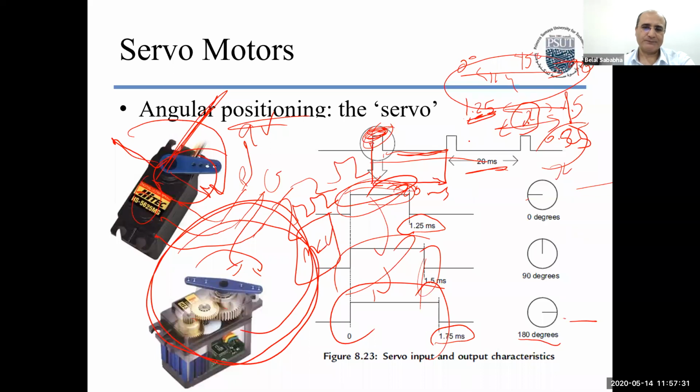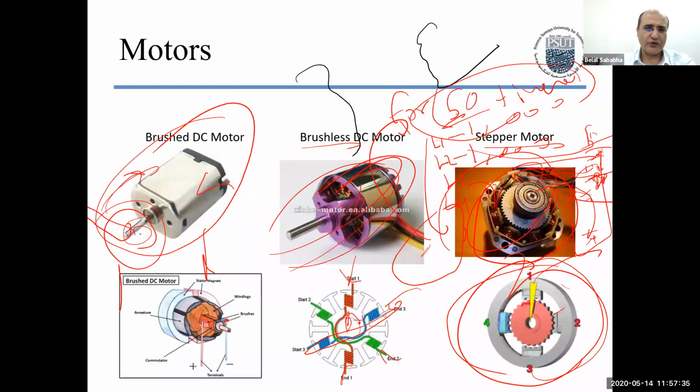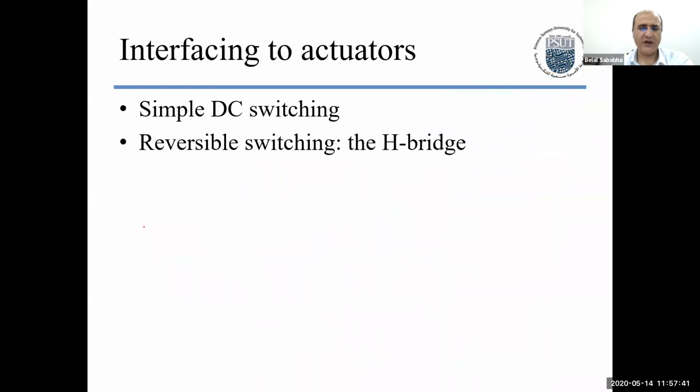Interfacing motors. How do we interface, for example, DC motors? How do I control the speed of this DC motor? We talked about it in principle. We never applied it. And how do we control the reverse